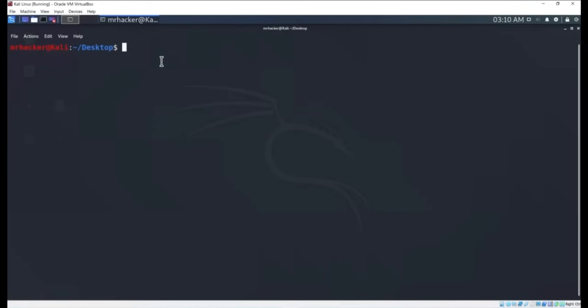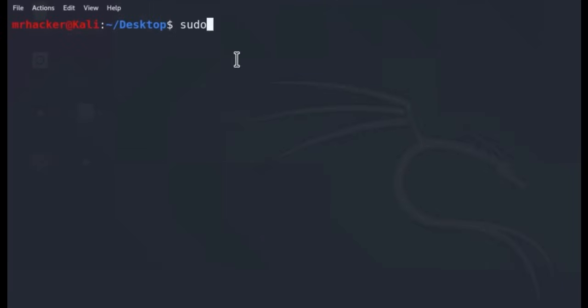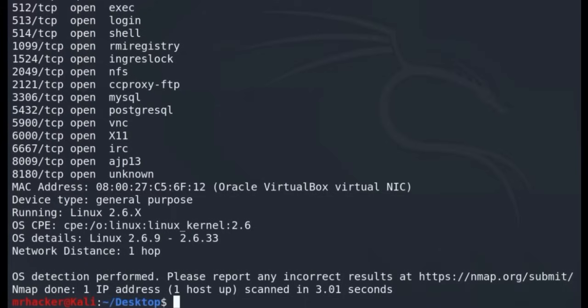If I go back to my Kali Linux, let's go with Metasploitable first. To run the operating system feature, we must use sudo, and after Nmap we specify -O for discovery of operating system. Then we specify the IP address, and if I specify the IP address of my Metasploitable first, press enter, type in my password. It will take just a few seconds, and down in the results we can see the OS testing,